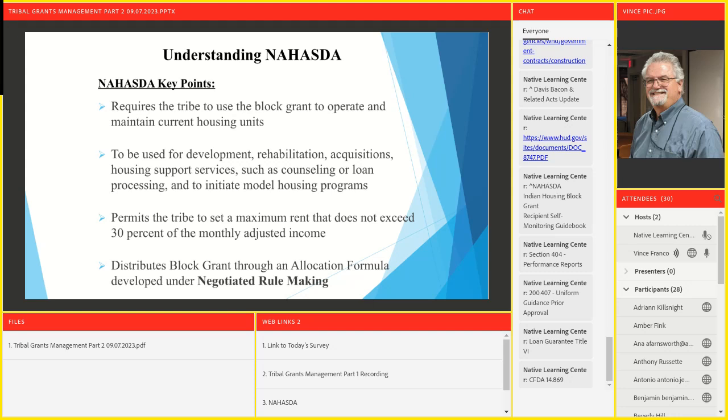They haven't done that with Davis-Bacon since 1970. Now, with NAHASDA, as you saw before, they've done it 7 times over the past 27 years. That's part of the negotiated rulemaking. The other regulations as well. What we're going to talk about next week with HUD's 24 CFR Part 1000, Native American housing activities, hasn't changed a whole lot. It had some updates, but not a whole lot.